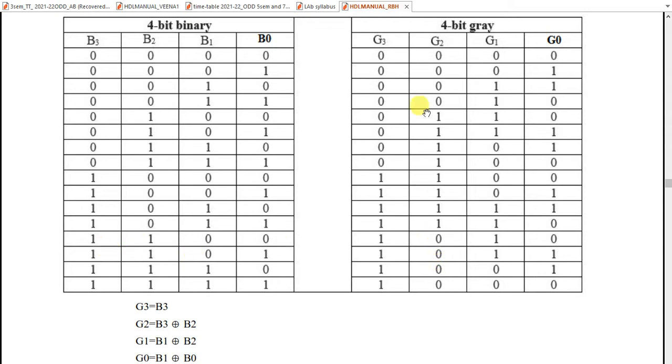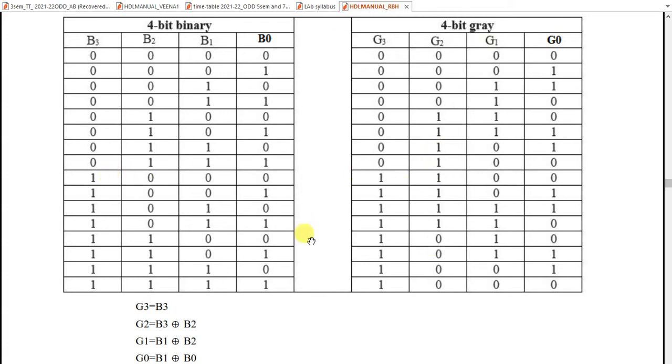So in XOR gate, if the inputs are same, output is 0. Here also inputs are same, last two columns here, last four, so output is 0. And for others, inputs are different. Here 0 0 0 is there, here 1 1 1 is there. So if inputs are different, output is 1. Here 1 1 is there, here 0 0 is there. The XOR gate of 1 and 0 is 1.